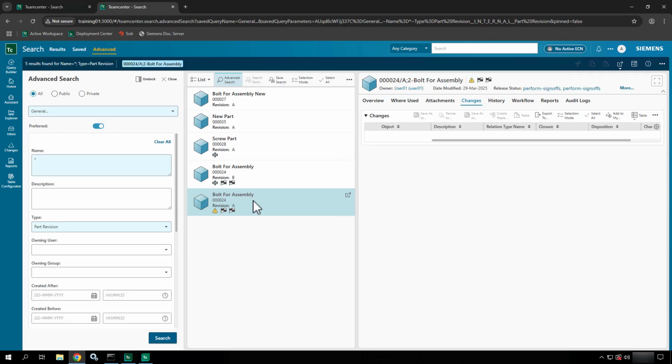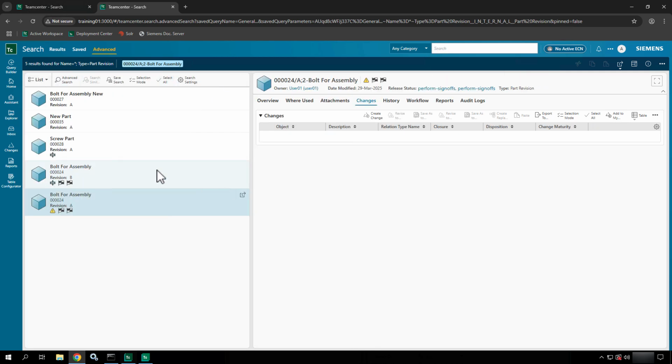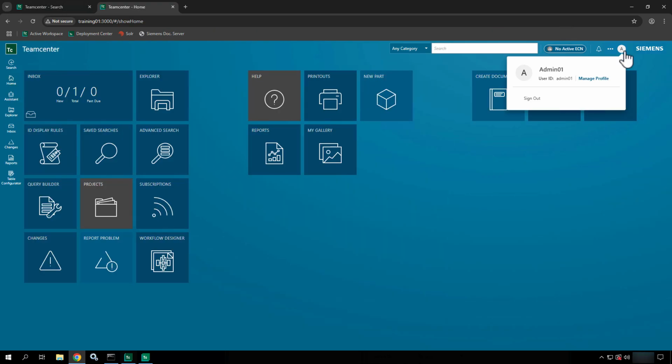Now this search does work on object types, so you can get master objects or items, do dataset searches. It's not as tuned as the global search, which will only give you item revisions back, and then you have to find the items. The one downfall is the advanced search is a little bit slower in nature because it searches the whole database rather than the new fancy Solr environment that Siemens put together. So if I go back over to the administrative application,